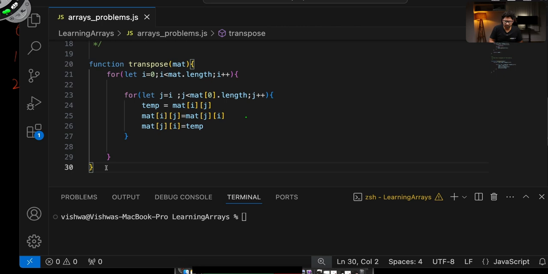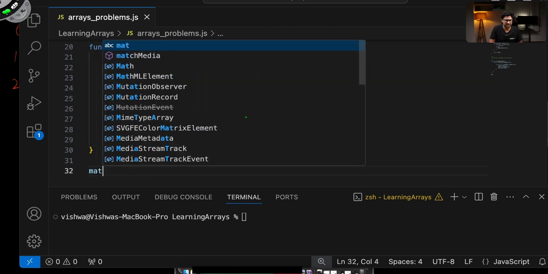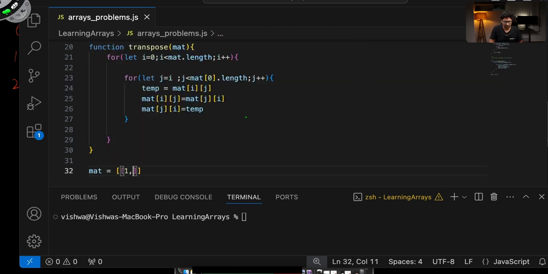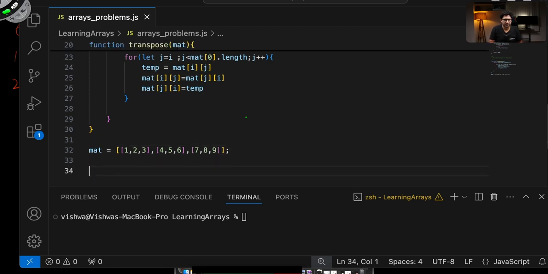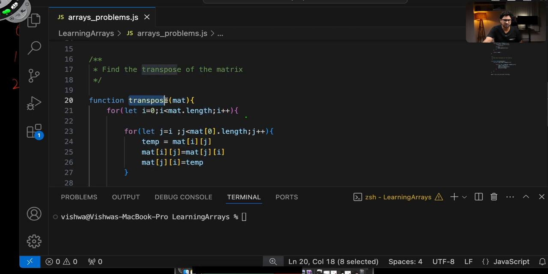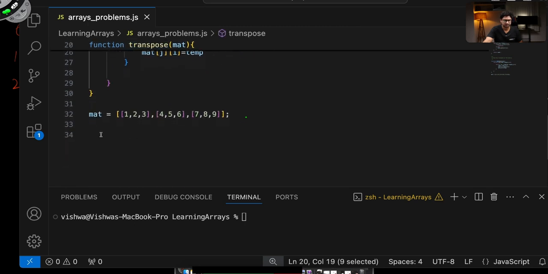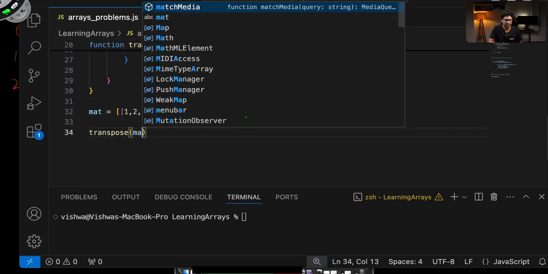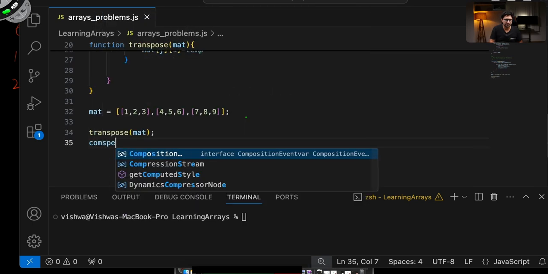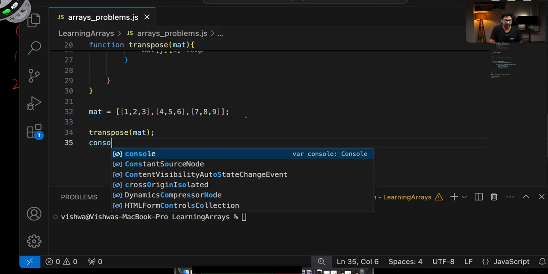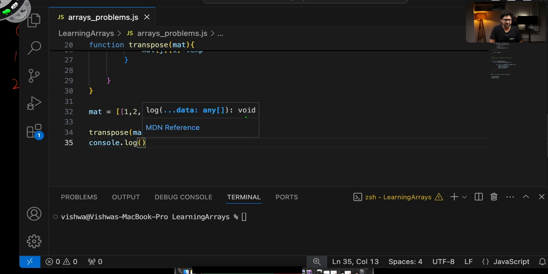Let's try to run this code and see if it works. So let me define this matrix like this, mat equals 1, 2, 3, comma 4, 5, 6, comma 7, 8, 9, and then I call this function transpose, and I pass this matrix. And after doing this, let me print this value, console.log, and this value as mat. Let's run this, node arrays